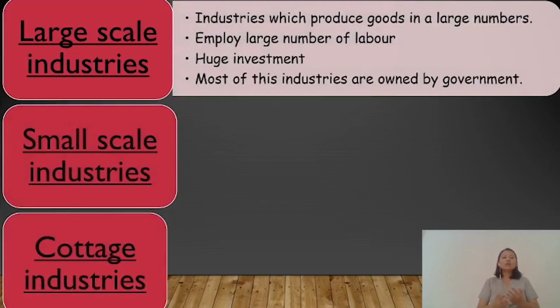Large-scale industries are those industries in which production takes place in a very large number. At the same time, they also employ a large number of laborers or workers in the factory. And the industry owners spend a huge amount of money for the production. Most of the large-scale industries are owned by the government,